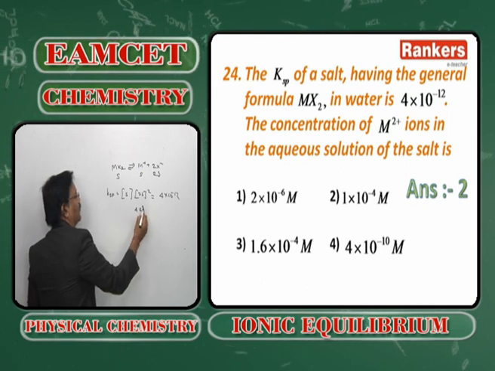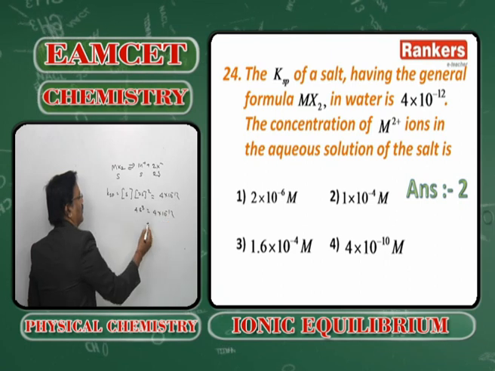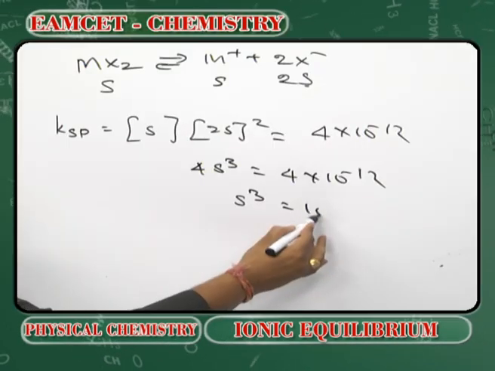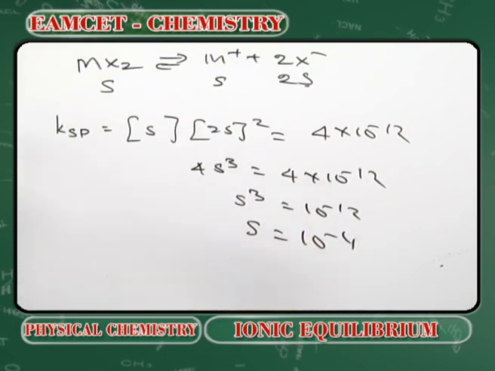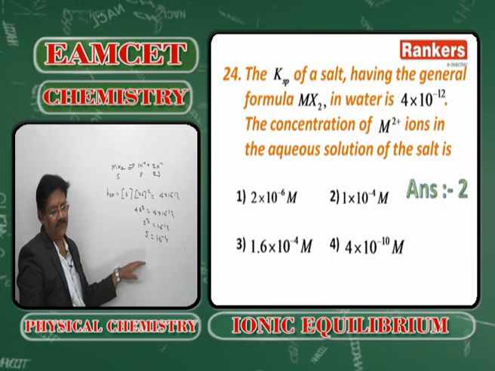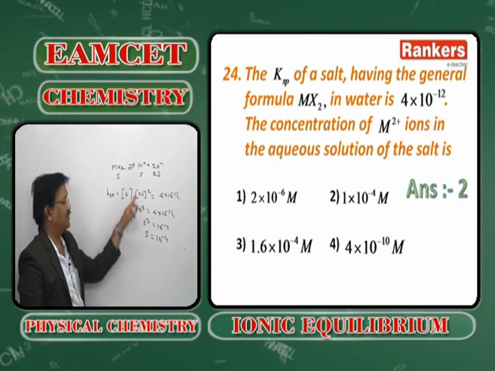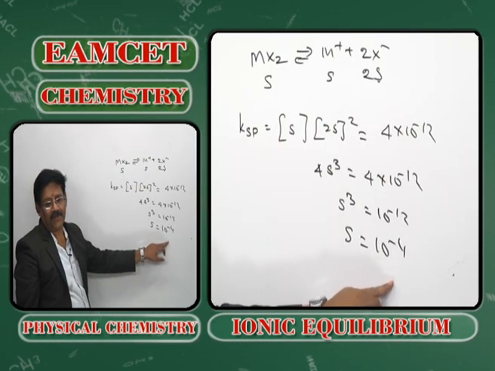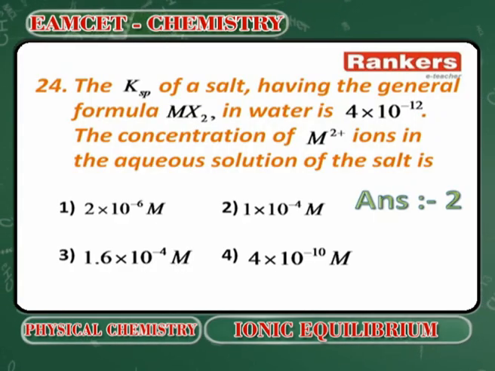4S cube is equal to 4 into 10 to the power of minus 12. S cube is equal to 10 to the power of minus 12. S is equal to 10 to the power of minus 4. What is the concentration of M plus 2? Yes, S value is 10 to the power of minus 4. Option 2 is the answer. Next,